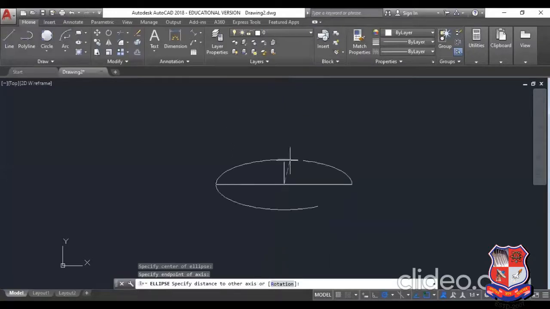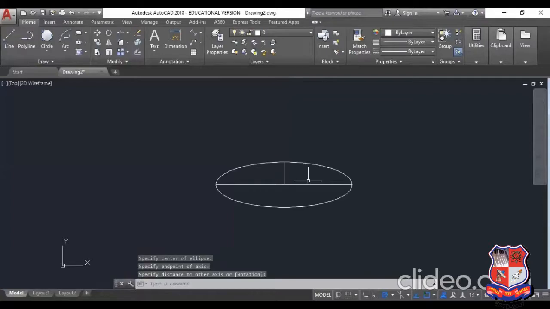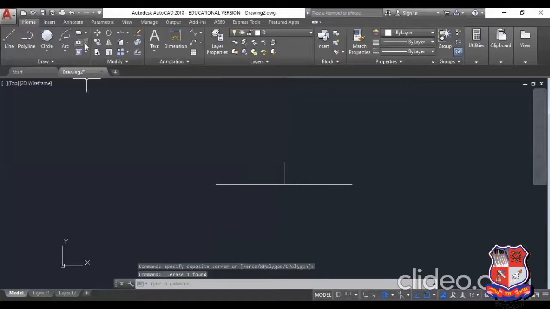Then I will create this is the point. Okay. So you can see there is a major axis having a 200 mm and a minor axis having a 100 mm. So if you select on this point, it will automatically take opposite point. Okay. So this is called the center ellipse. Now next is axis and ellipse.